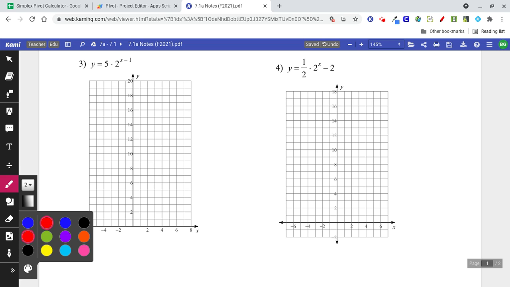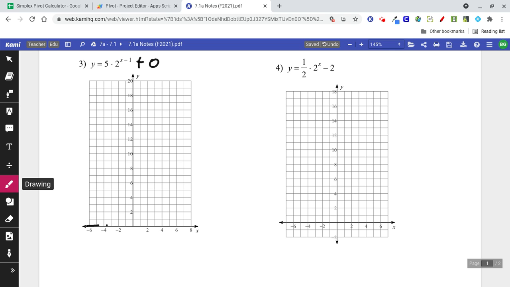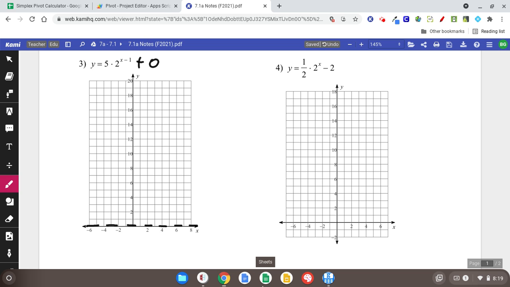Okay. The next one's a little bit different. A little bit. You've still got plus 0 at the end. And so we've still got that asymptote at 0. Okay? But in this case, I don't want to pick 0 and 1 in my table. I mean, it's fine. I can pick 0 and 1, but there's a smarter way to do it. Okay? If I do pick 0,